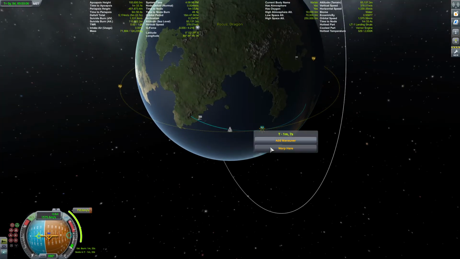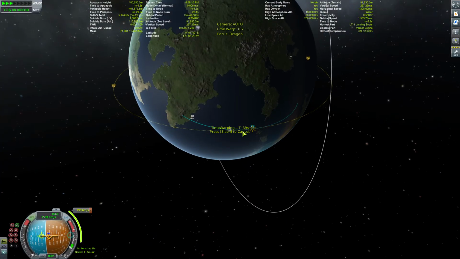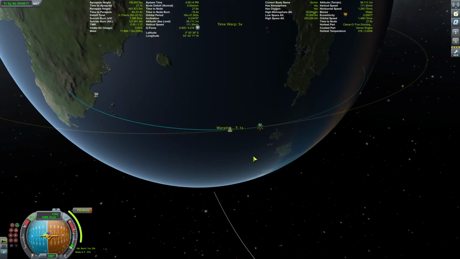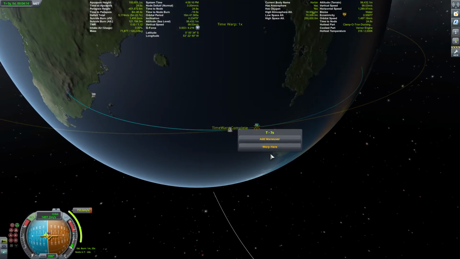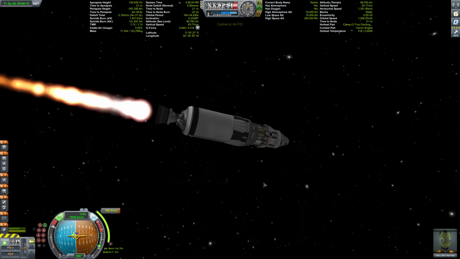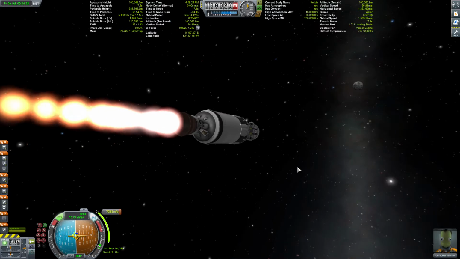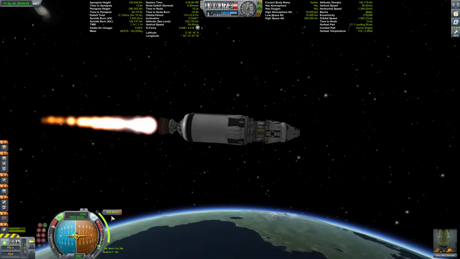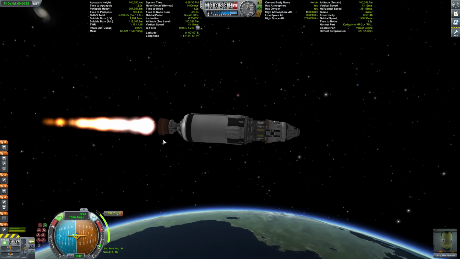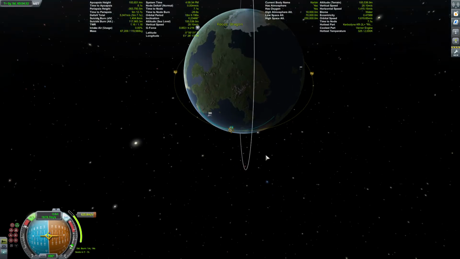And then you can just warp towards your maneuver node by clicking on the line that you're on, and then just click on it and press warp to here. So say warp here, and then boom, you just warp. So we're going to fire up the engines, and you're just going to want to burn on your maneuver node, which you select just by clicking this. And we're going to want to burn like this, so we'll just go further, and slowly this will circularize our orbit.